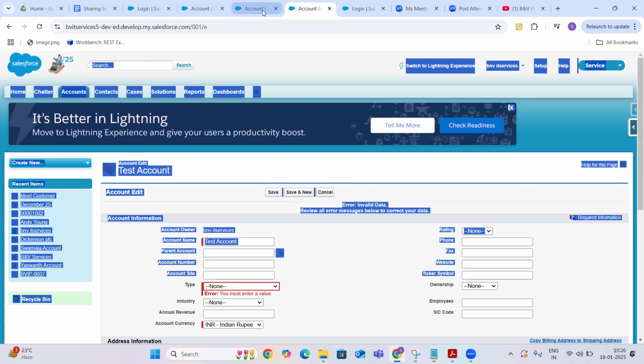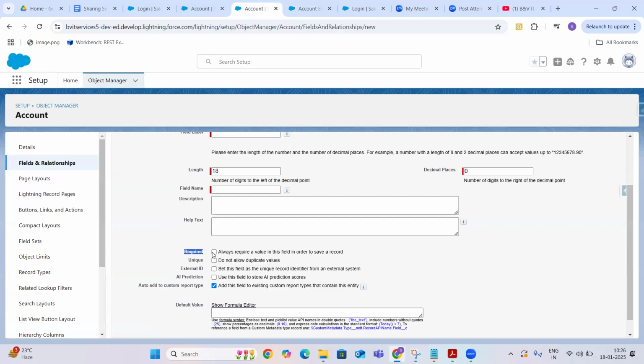But if you make it required at the field level, then whether you are creating from Salesforce or from outside applications, the field should always be mandatory. Whether they use this field or not, that doesn't matter. You made it required, so they have to provide the value.